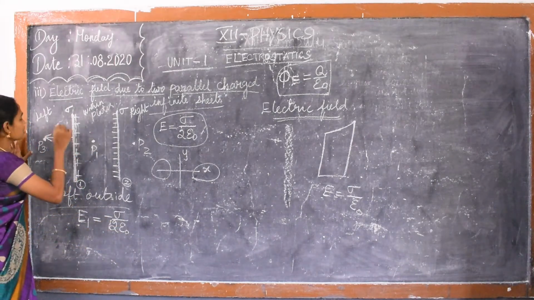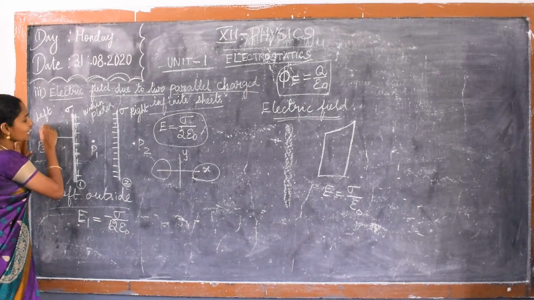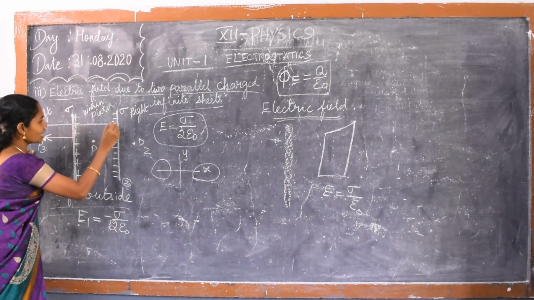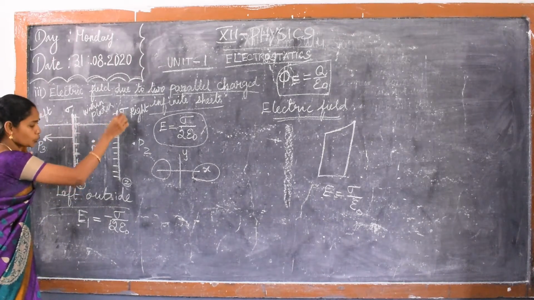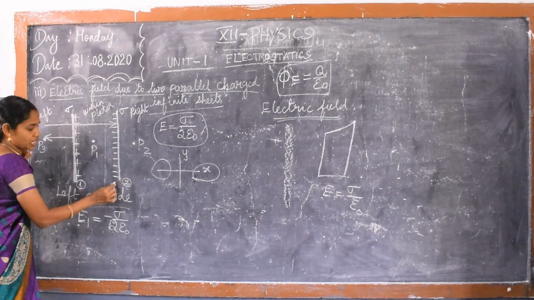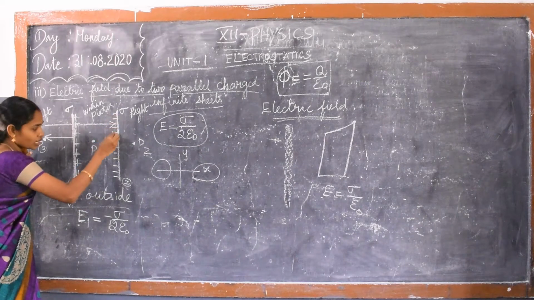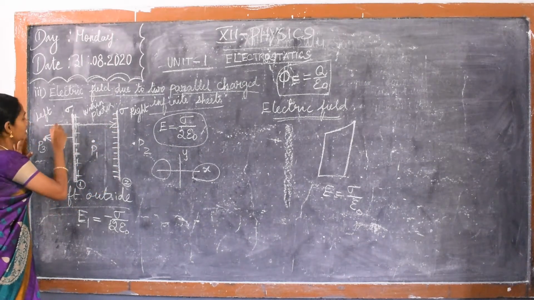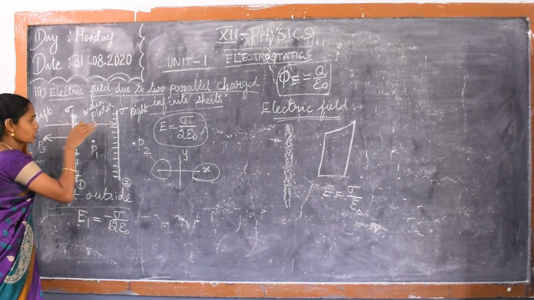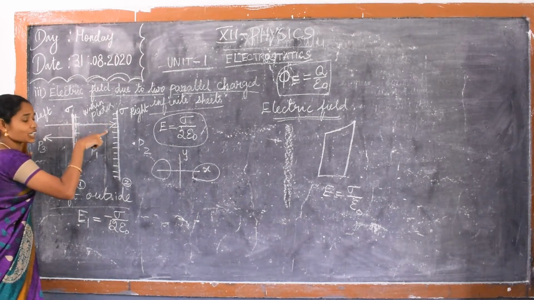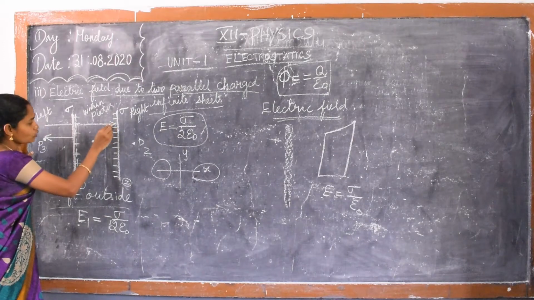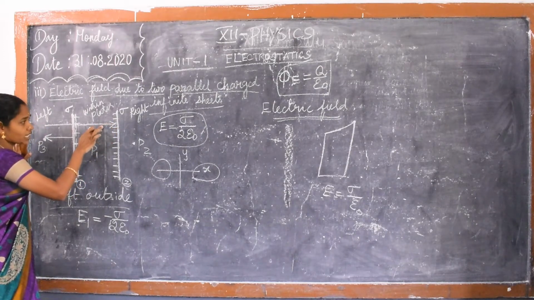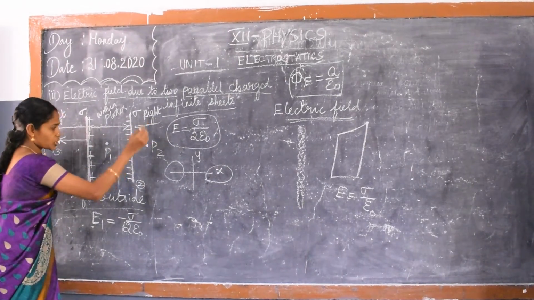Okay. And at the same point, the negative charge is also making an electric field. So this is the direction of the electric field due to the second plane sheet. Here the charges are negative charges, so the direction of the electric field lines should be directly inward, right? So this is the direction of the electric field lines, towards the right direction.